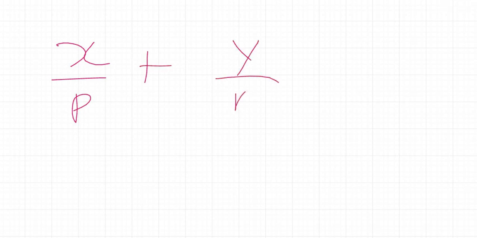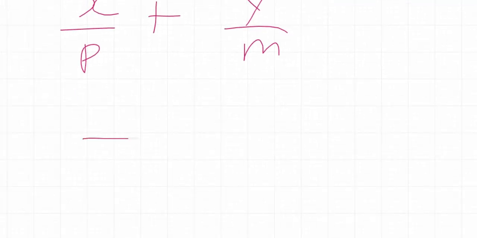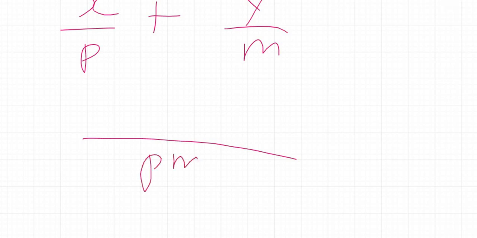What if we had x divided by p plus y divided by m? Well, we do the same thing. We can actually use our denominators as a product, or we just try to make the denominators the same. So let us try the product approach, where the LCM will be PM. And we say P into PM gives us